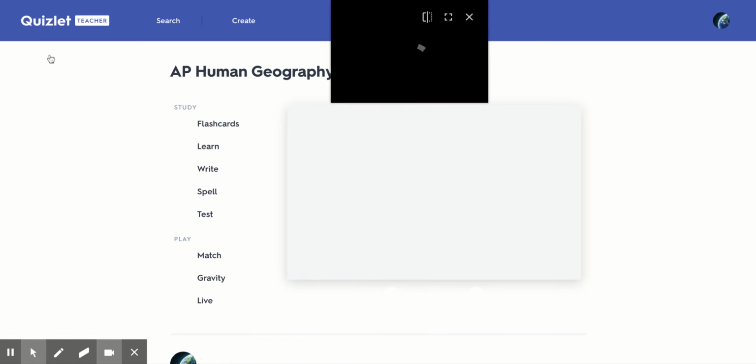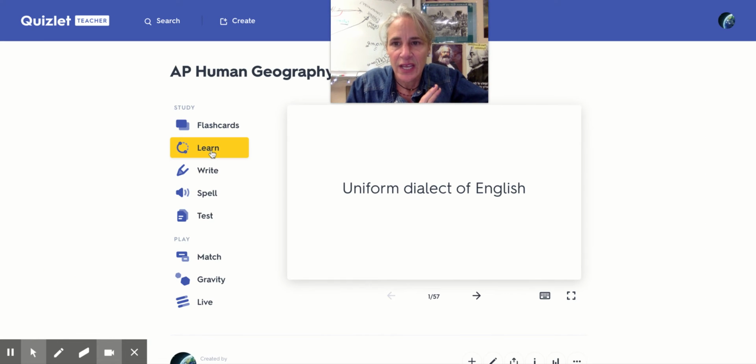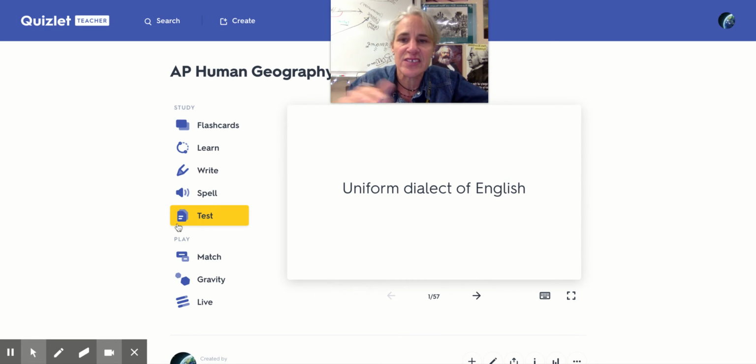Now, step 2, you're going to go all the way through all these flashcards. Then you're going to go to learn. So you're going to go flashcards, learn, and then you're going to go all the way down. The tests on here are really stupid because they're multiple choice or writing, but their only alternative is to offer you an option that is a definition on here. Anyway, there's a lot of reasons I don't like the test, but if you do these 2 really, really well, then the proof to me that you know this is